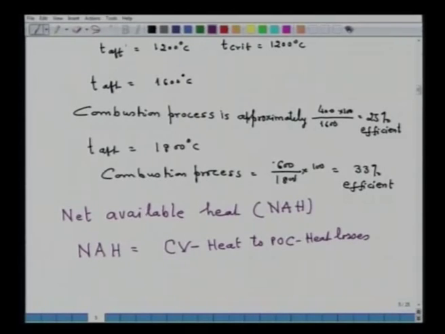All types of losses one has to consider. Now, the amount of heat which will be available will represent the heat which is available for metallurgical function, or in that way for any function which you want to carry out. So, the concept of gross available heat and net available heat is very important from fuel utilization point of view. Depending on the objective, one can calculate either gross available heat or net available heat.